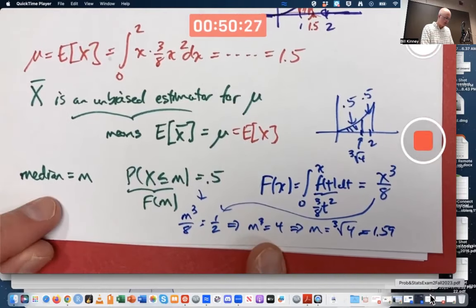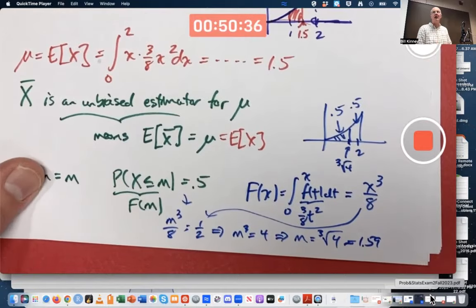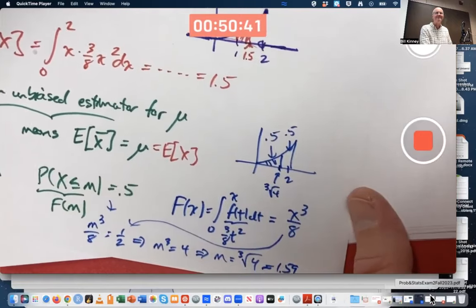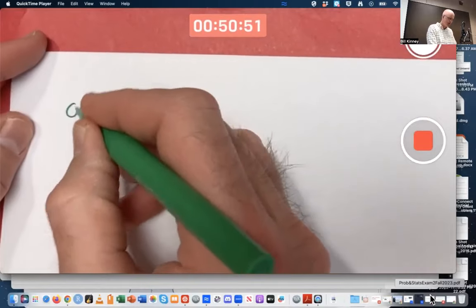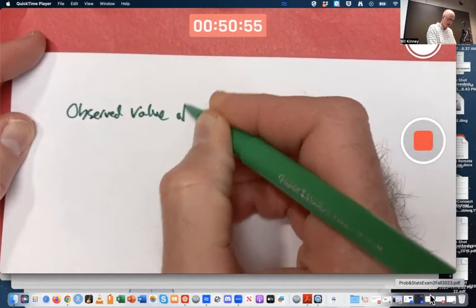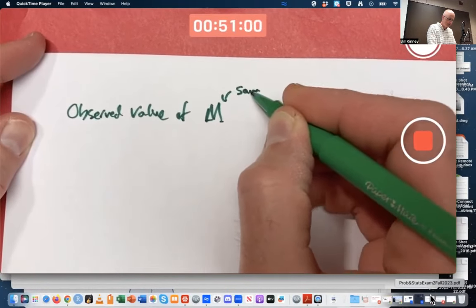That's a population parameter, like mu is. What's the corresponding sample statistic? We could maybe call it capital M. Does capital M have a formula? Not really. More of a description and algorithm. The observed value of capital M, the sample median,